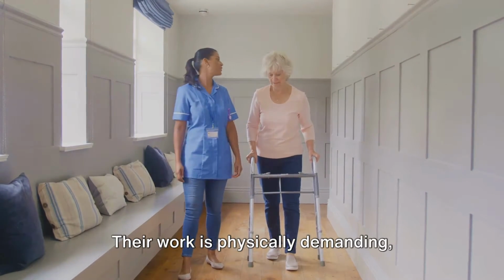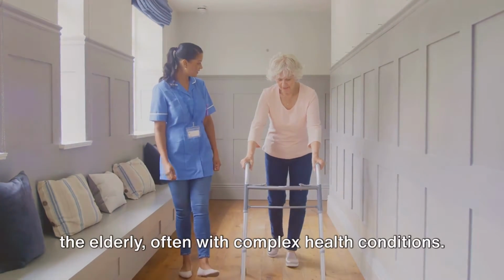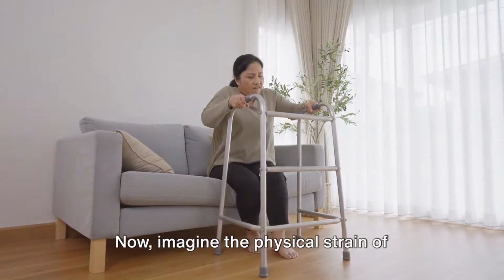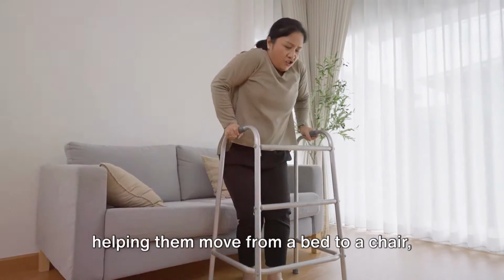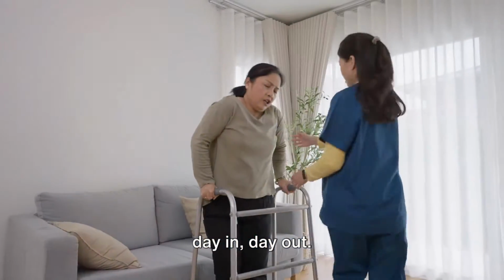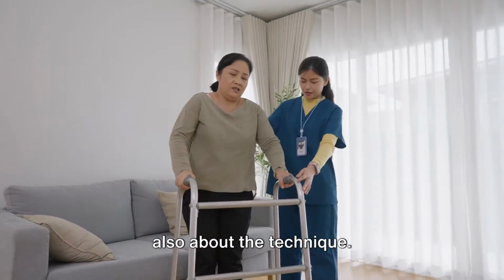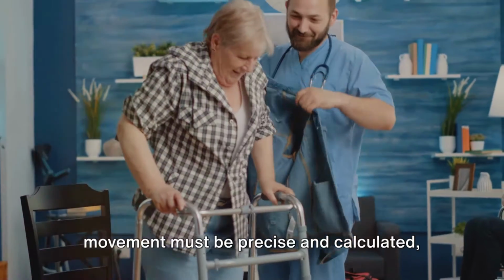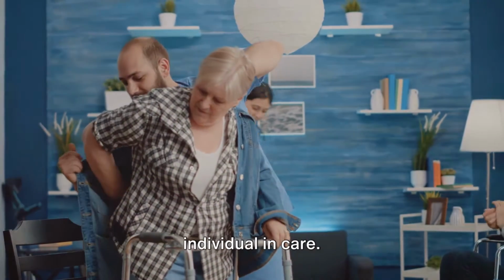Their work is physically demanding, requiring them to lift, move, and support the elderly, often with complex health conditions. Now imagine the physical strain of assisting an individual to stand or helping them move from a bed to a chair, day in, day out. It's not just about the strength, but also about the technique. Like a well-choreographed dance, every movement must be precise and calculated, ensuring the safety and comfort of the individual in